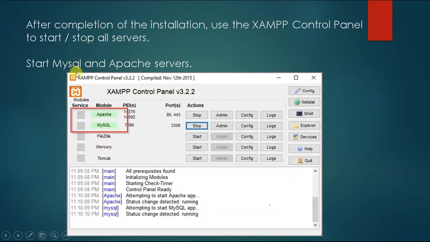After saving in this location, you need to start your XAMPP control panel. You can search for it by giving the name XAMPP control panel. The control panel will be available here, and then run it. Within this control panel, you need to start the Apache and MySQL servers. These two components you need to start. When it shows a green signal, it means that these two servers are running properly.